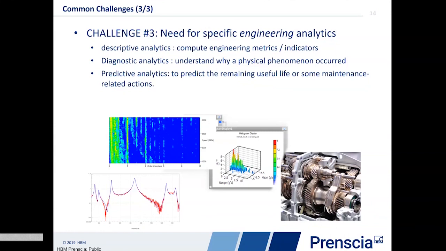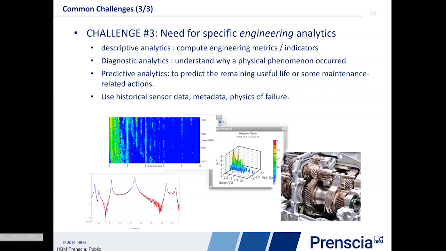These predictions, but it's true for descriptive and diagnostic analytics as well. You want to use historical sensor data that's available to you through the big data system you're using. You want to use contextual data like metadata, generally speaking. And as engineers, we like to use physics of failure and not only rely on statistical approaches, right?